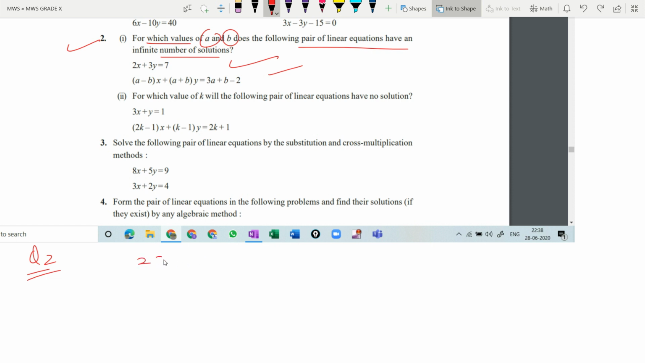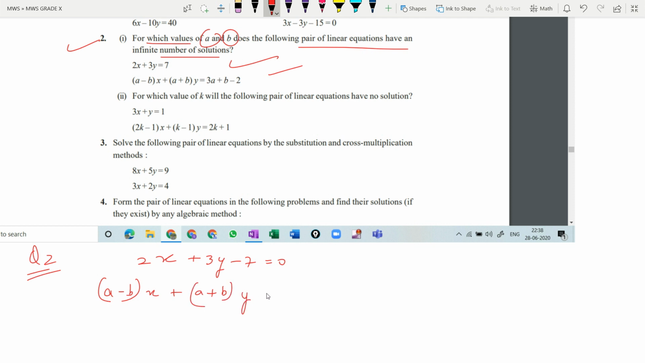2x plus 3y minus 7 is equal to 0. So I have written it minus 7. Then (a minus b) x plus